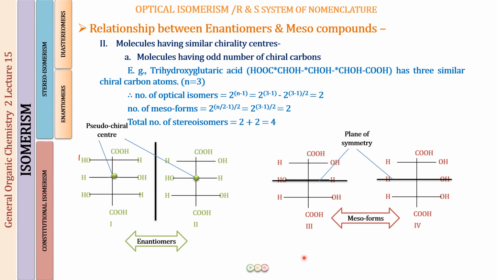So in total, out of the 6 possible stereoisomers, we just get 4, 2 being enantiomers and 2 being the meso forms, and we have calculated it without even writing the structures. So if you are asked in the questions to tell the number of optical isomers, the meso isomers or the stereoisomers, you do not have to think so much. You just have to apply the formula and write your answer. So that is going to be time saving for you people.